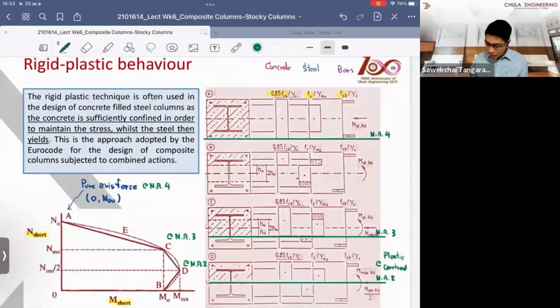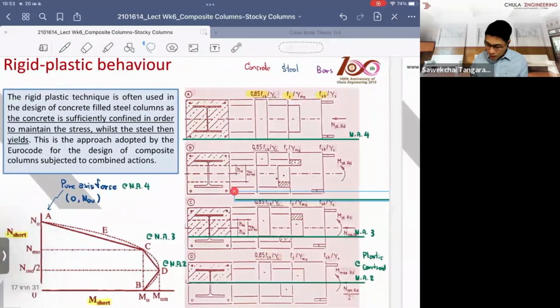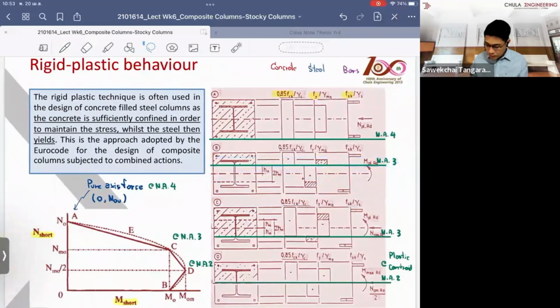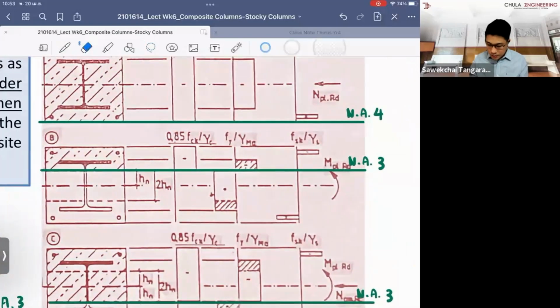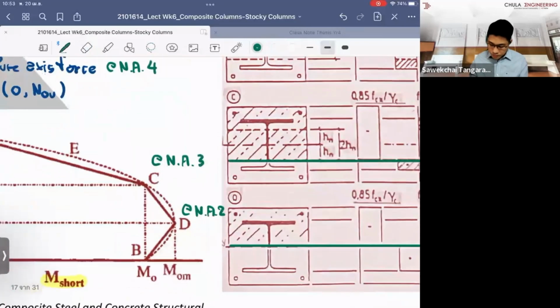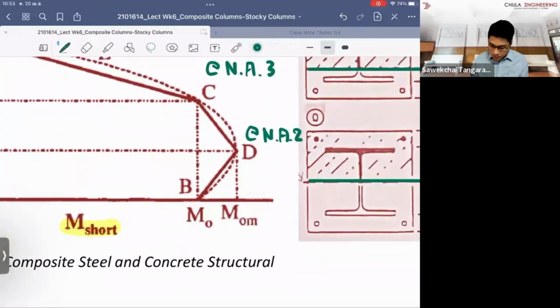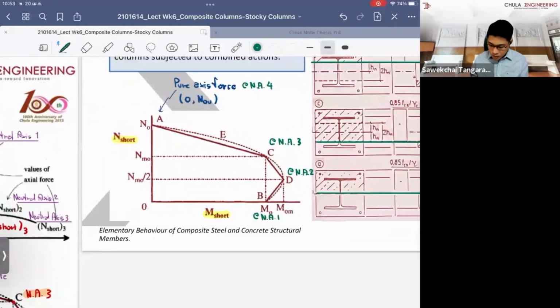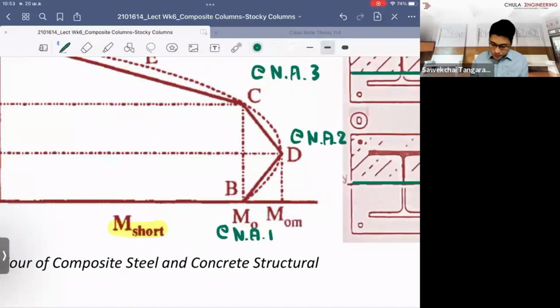And the last level of the neutral axis step is where you have the pure bending capacity. This is at NA1, where you have the pure bending capacity. So I say that at this level,